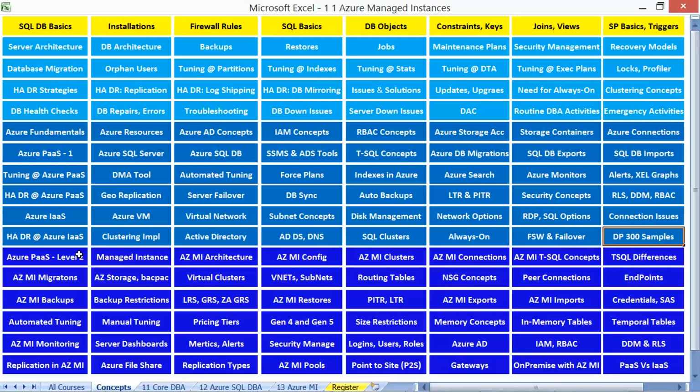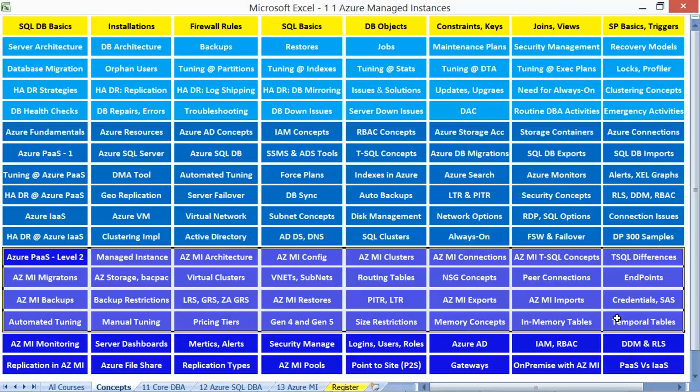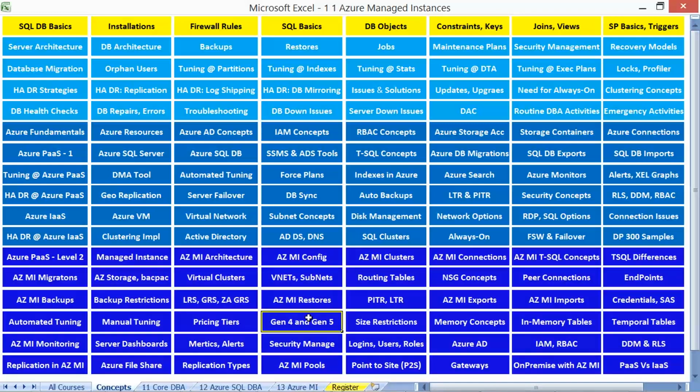And our managed instance also includes this entire course. The managed instance also includes performance tuning, troubleshooting, backups, restores, and then tuning with backups, tuning for restores, tuning for HADR, and all possible combinations to make our classes more live and in fact more useful.